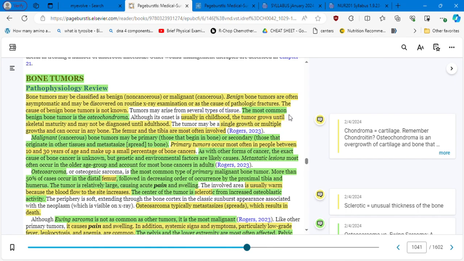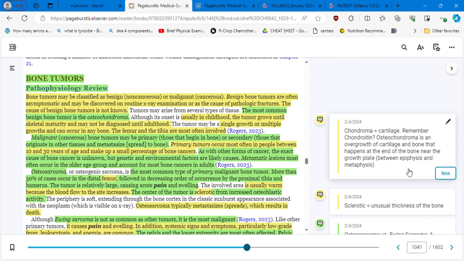The most common benign bone tumor is the osteochondroma. Chondroma relates to cartilage. Do you remember chondroitin when we were studying the first chapter of the musculoskeletal system? We were talking about some supplements, glucosamine chondroitin, right? It's very common. It works in the cartilage. Osteochondroma is an overgrowth of cartilage and bone that happens at the end of the bone near the growth plate